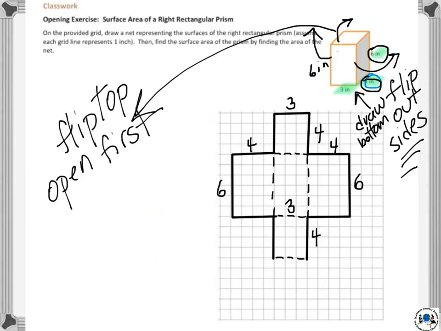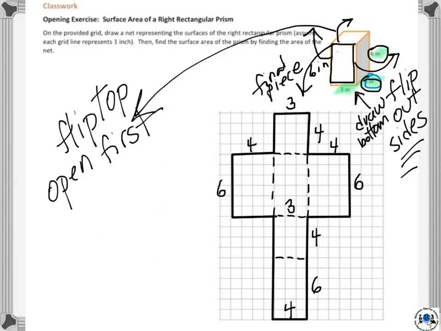So that bottom right there, we can see is a 3x4 because it's going to be the same as the top, which is also 3x4. And that's that little part I'm pointing to with the arrow. Now you can see that the dotted section in the middle, that's the back of that box. As we look at it, it's one of several parts we can't see. And now we have the final piece, that front flap. And if I flap that down, as you can see, it is going to be